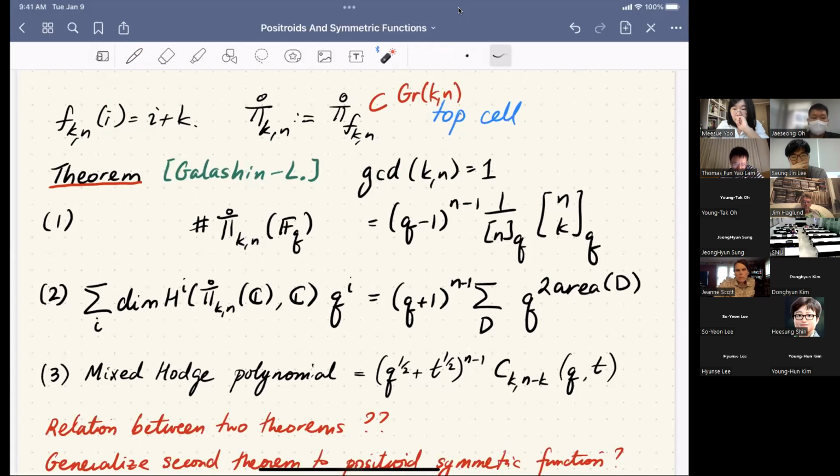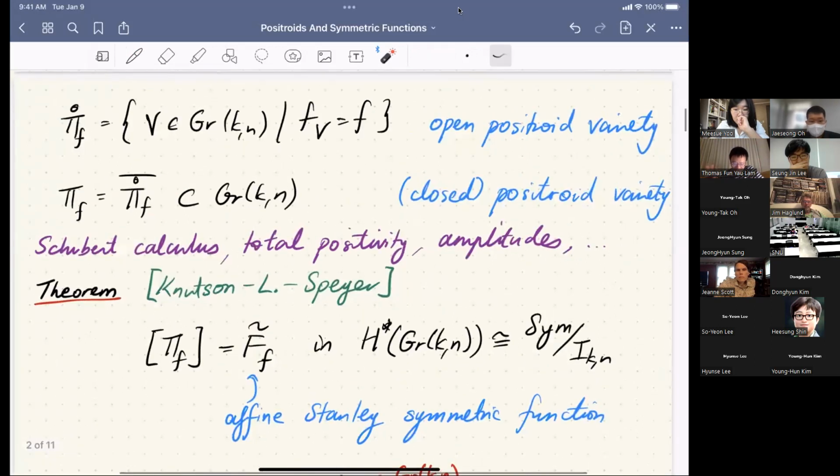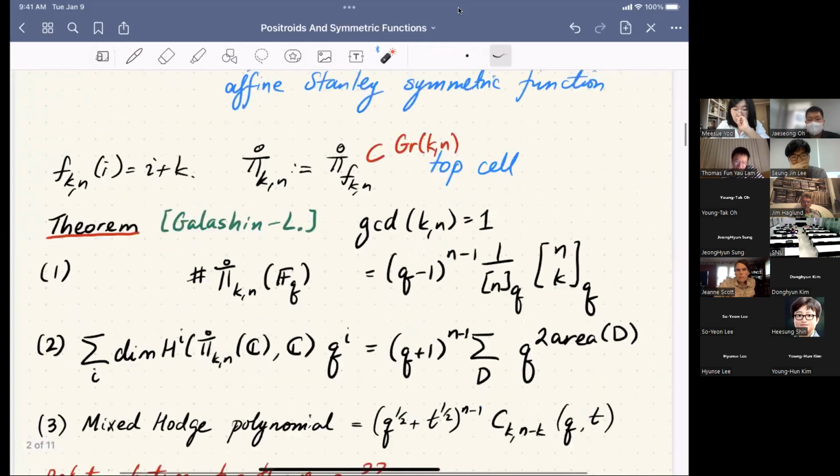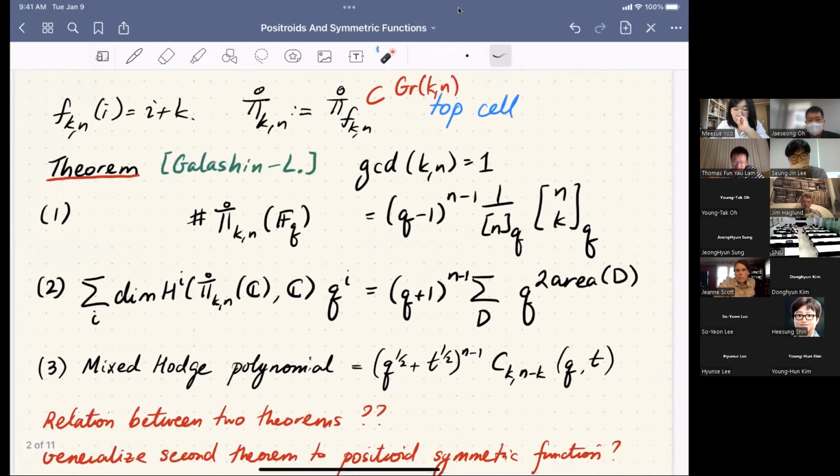And what Galashin and I looked at was what's the topology of this subvariety. So this is a different question to the above. Above, we're looking at some subvariety of the Grassmannian, asking what its cohomology class is, which will belong to the cohomology ring of the Grassmannian. Here, I forget that it's sitting inside the Grassmannian. I just have this space and I ask what is its topology. And